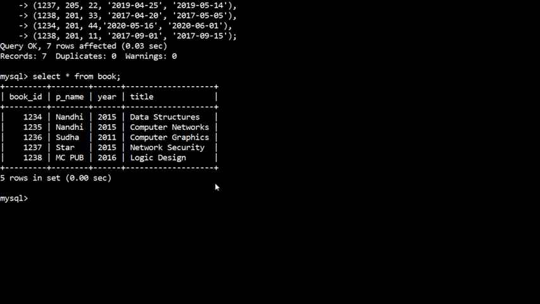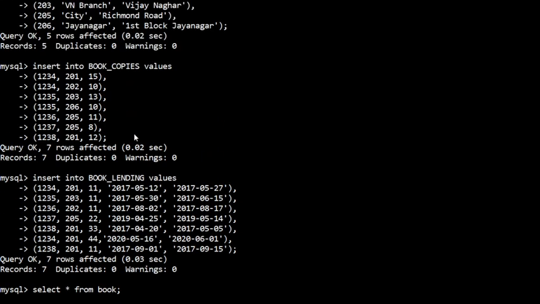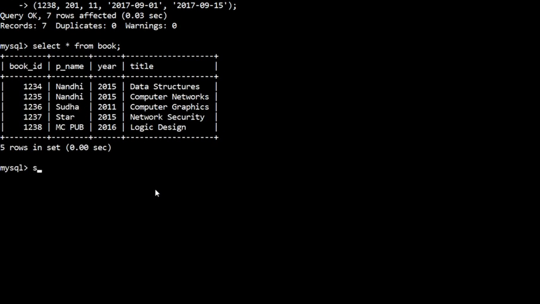Okay, and how to insert the values for date data type or the character data type, that has been discussed in the previous lectures. Like for each character type value you have to enclose the value within single quotes, and even for date you have to specify within the quotes. And the format for the date value is year, month and day. Okay, in this format only you have to insert the values. Okay, now you can see the table content.